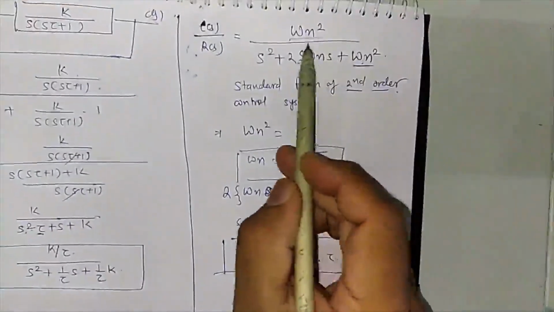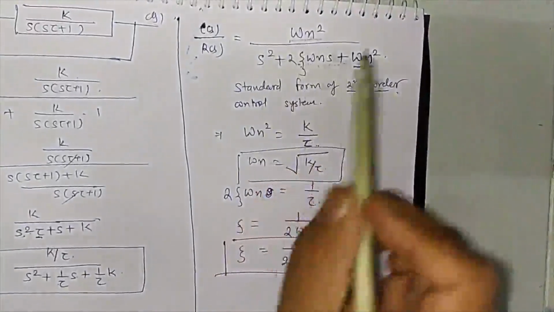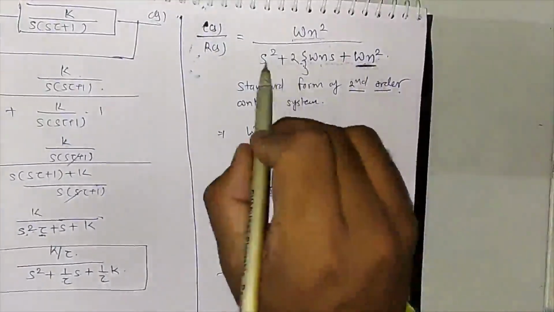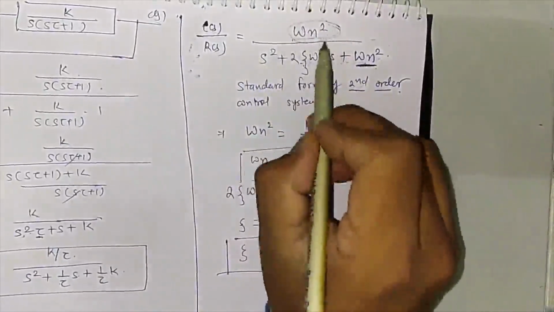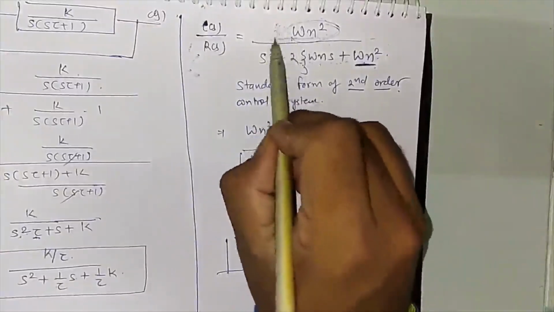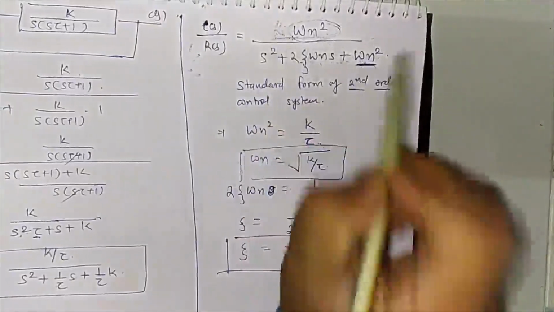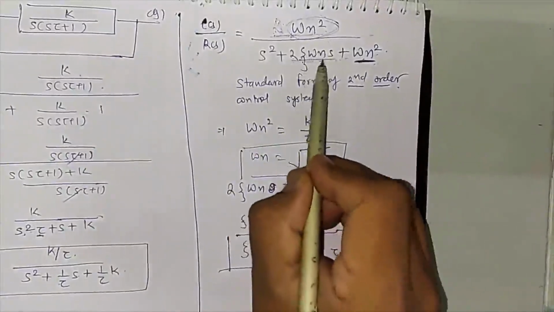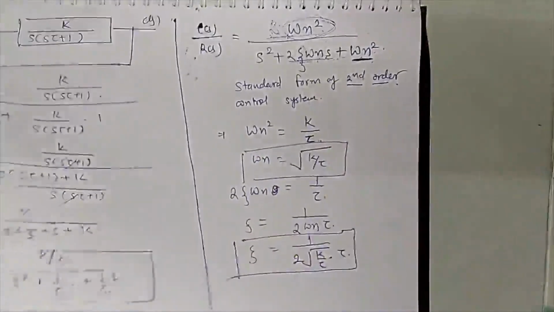This is the standard form of your second order system, omega n square upon s square plus 2 zeta omega n s plus omega n square. Generally we take omega n square from the constant part that comes in the denominator. We will not take it from elsewhere. Why? Because it might happen that the K will be multiplied over here, which is not actually there. Okay, it might be an invisible term. So we will take omega n like over here. Then you will have the coefficient of 2 zeta omega n of your s. So this is nothing but your zeta.